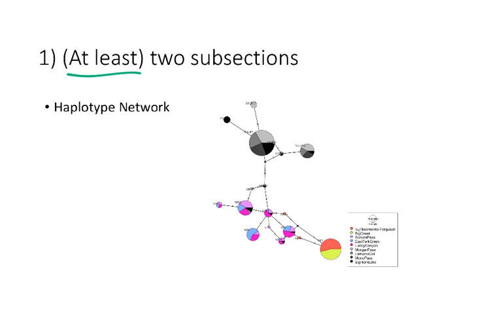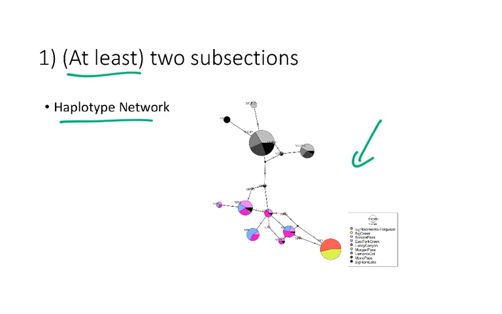Here I'm showing an example of what might be one subsection based on a lab we've done previously. Your first subsection might be something like a haplotype network. So this again is that network that we created way back in, what was that now, week 4, I think. And this is based on the data from Dr. Ballerini. So that's one example of a subsection where you would include that figure and then have a written description